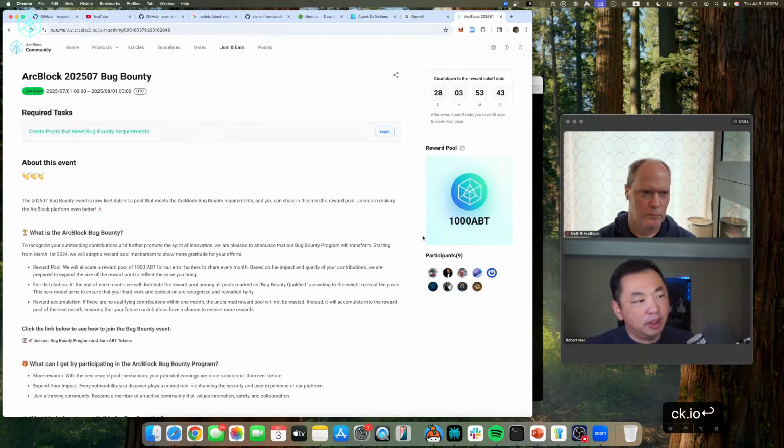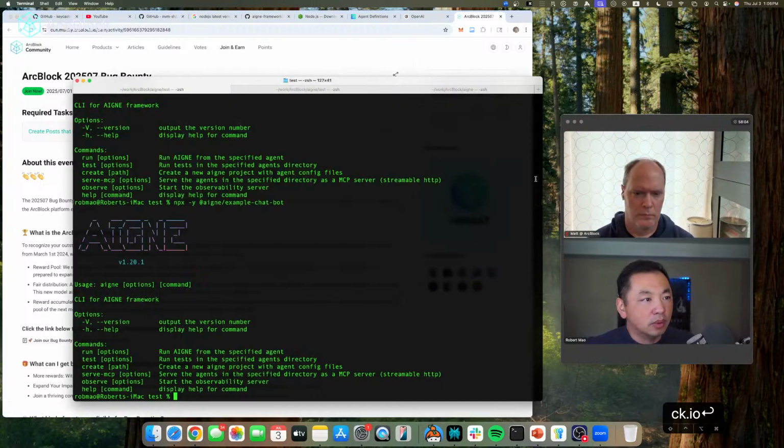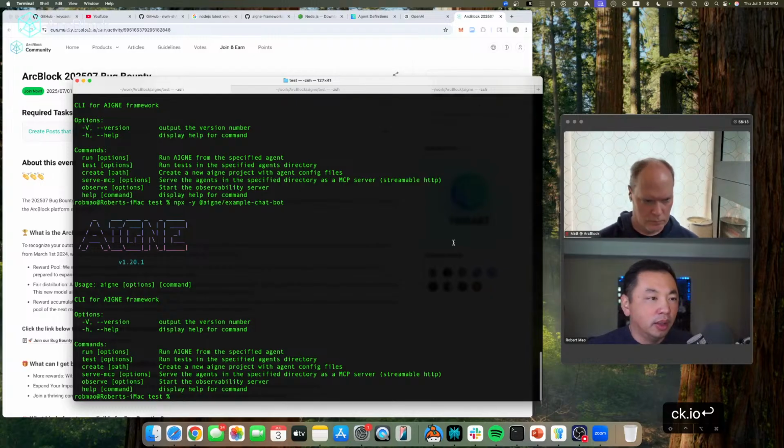The bug bounty right now for developers is 1,000 ABT, and it is going to be distributed among whoever has participated. So once you see any of those issues, just feel free to report it, and if it's verified that this is indeed an issue, you're going to get the bug bounty, right?